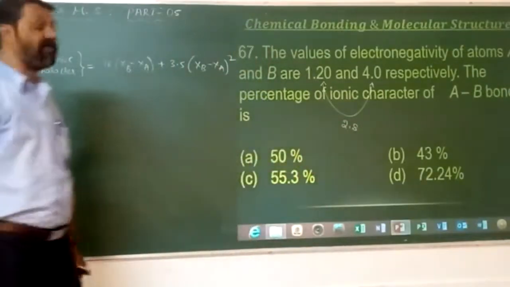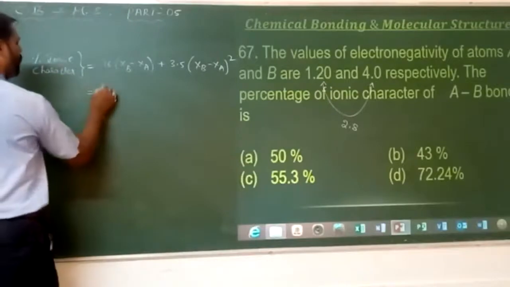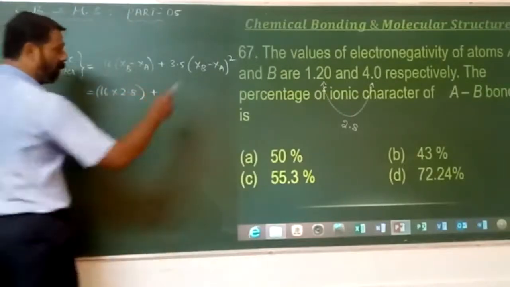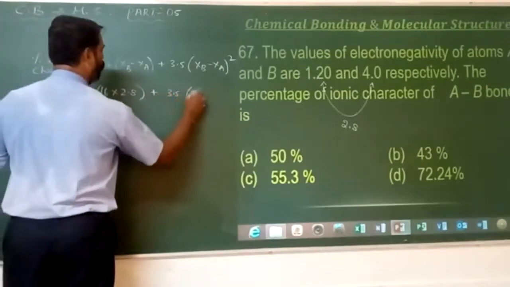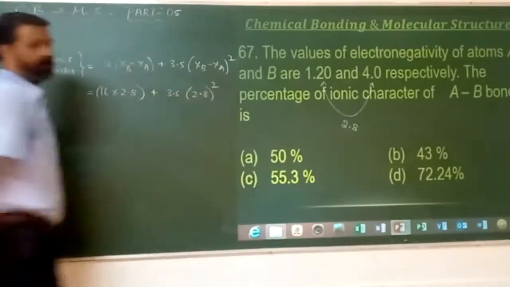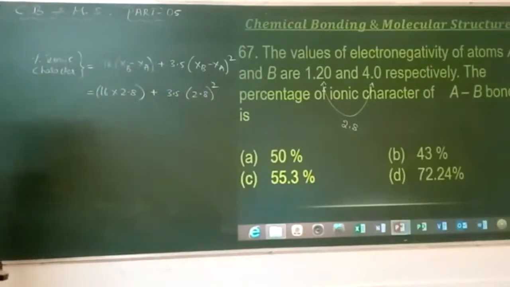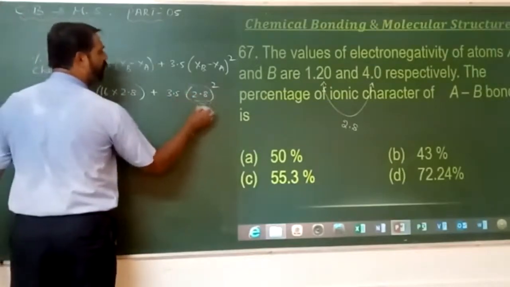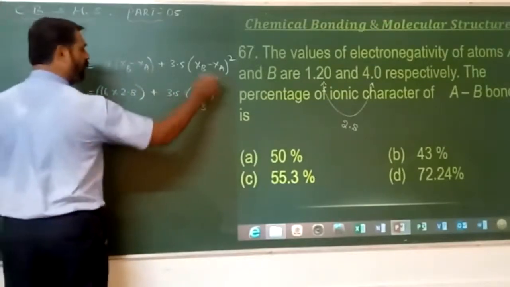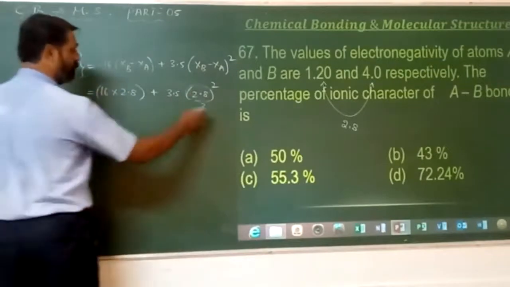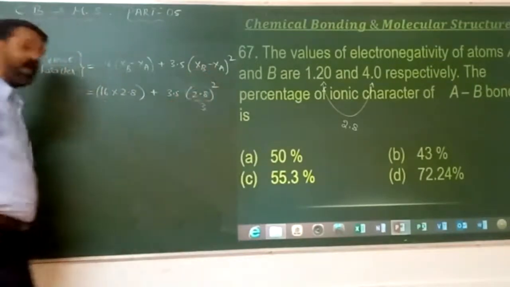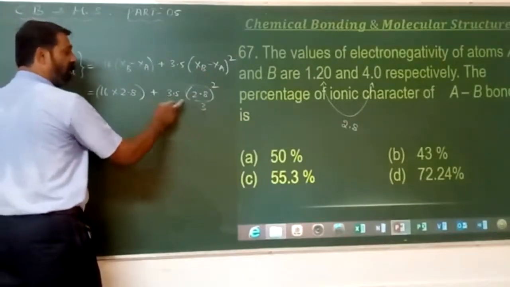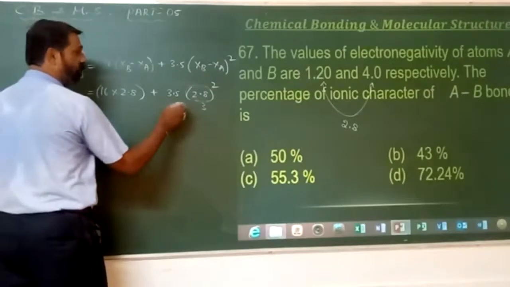2.4 minus 1.2, it is becoming what? 2.8. That's equal to 16 into 2.8 plus another is 3.5 into 2.8 in terms of whole square. Don't simplify to your largest extent. Okay? So assume that it is nearly 3 right now. 3 square is 9. 9 3s are 27. 9 with 0.5, it is 27 plus